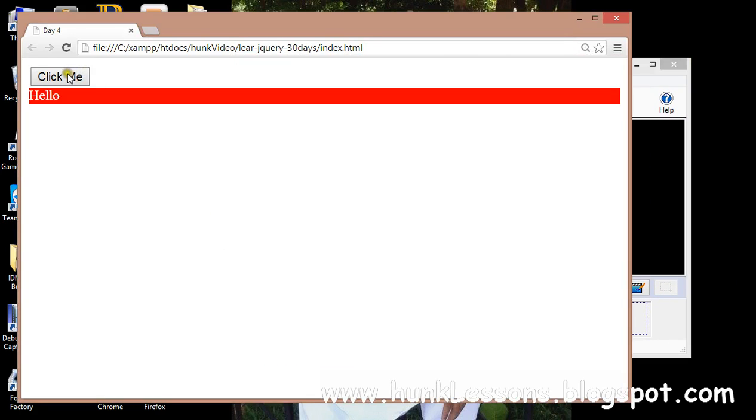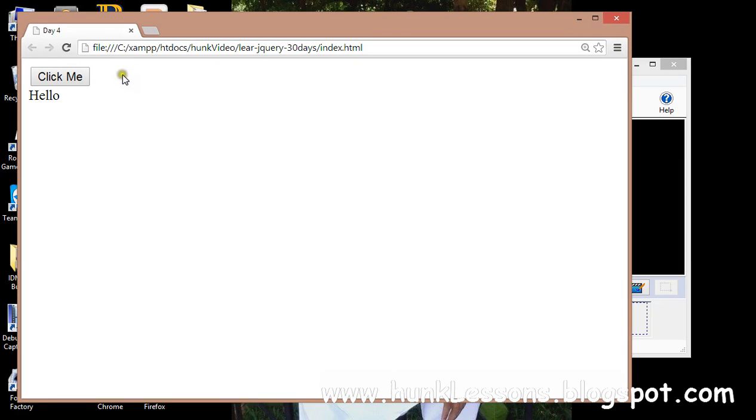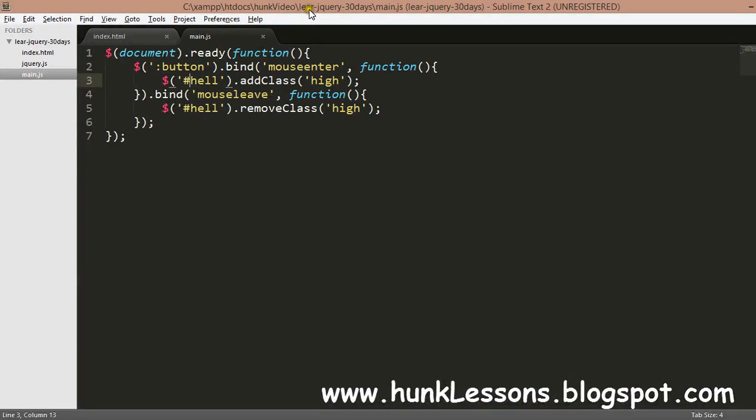As you can see, when we enter the mouse, it adds the class, and when we leave the mouse, it removes the class.